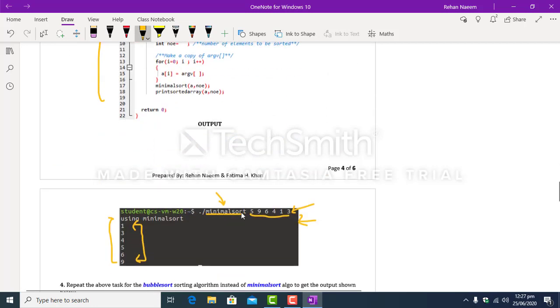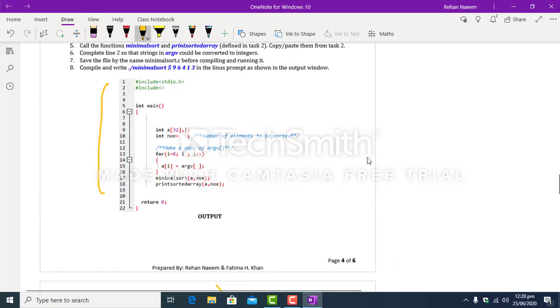So how many elements are there? There are basically 1 2 3 4 5 6 7. There are 7 elements, and hence the value of argc would be 7.